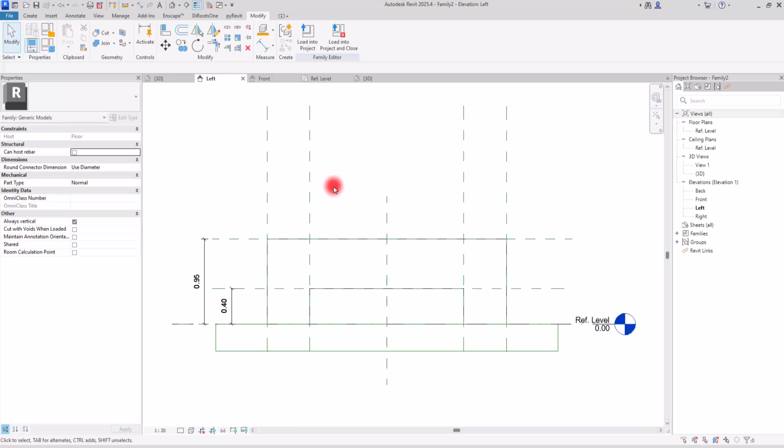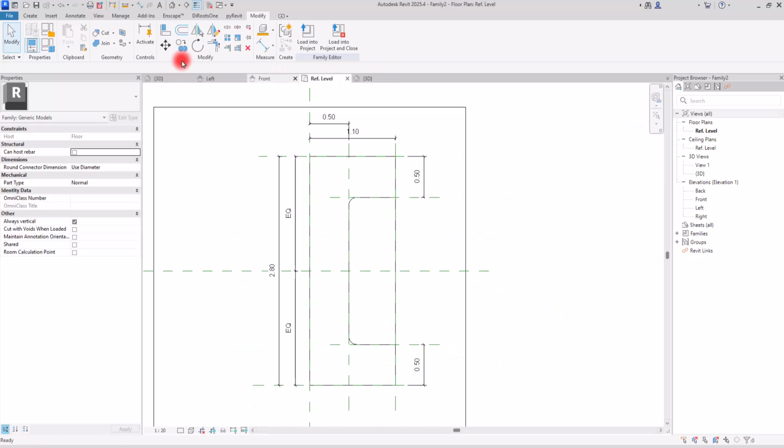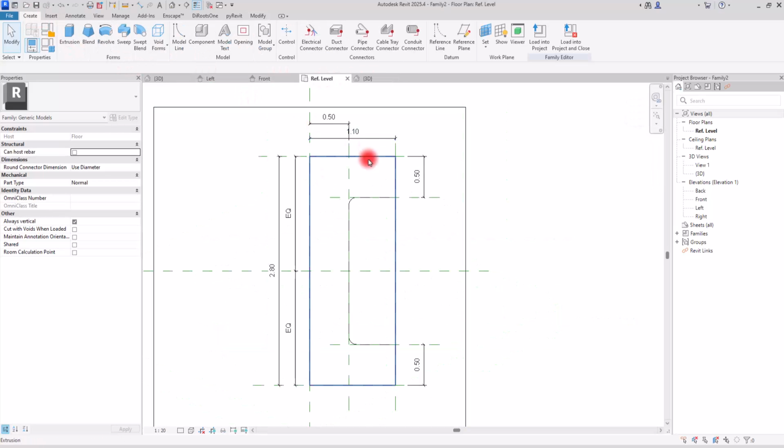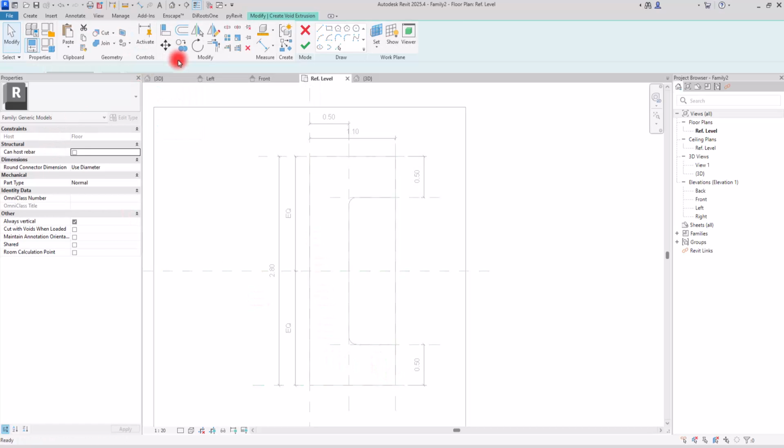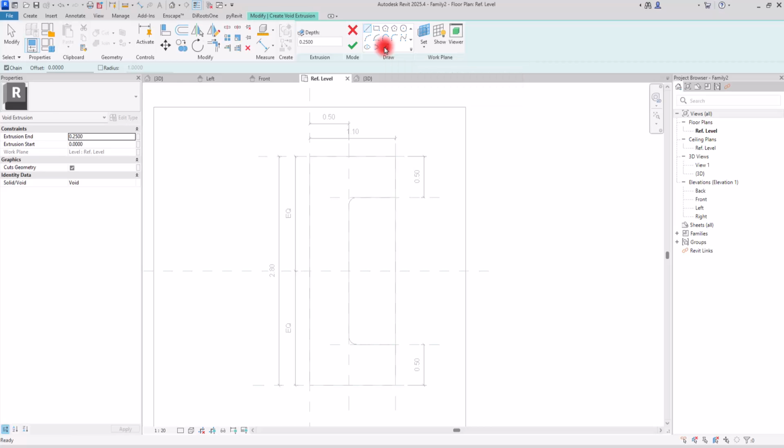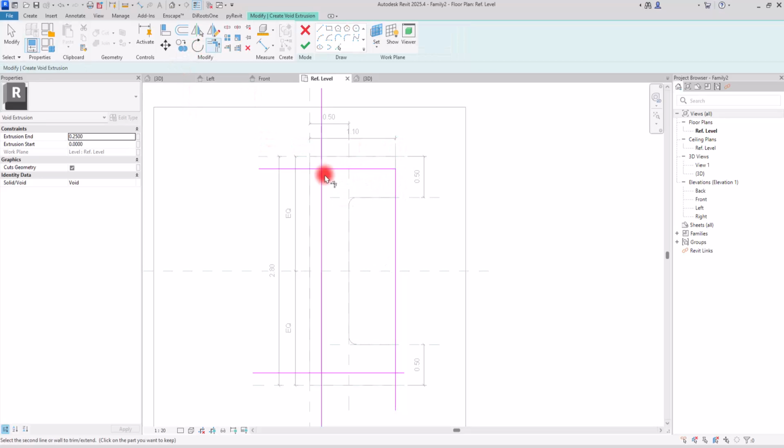Now hit finish, and if we go to left view, we can set it in the base from this part to here. Then we are going to create another one, but this time it is going to be on top of this section. Go to void extrusion with this pick line. I'm going to create a 15 centimeter offset in this part, in here, and also in this section, and another one I'm going to create for this part, and let's trim all of these parts